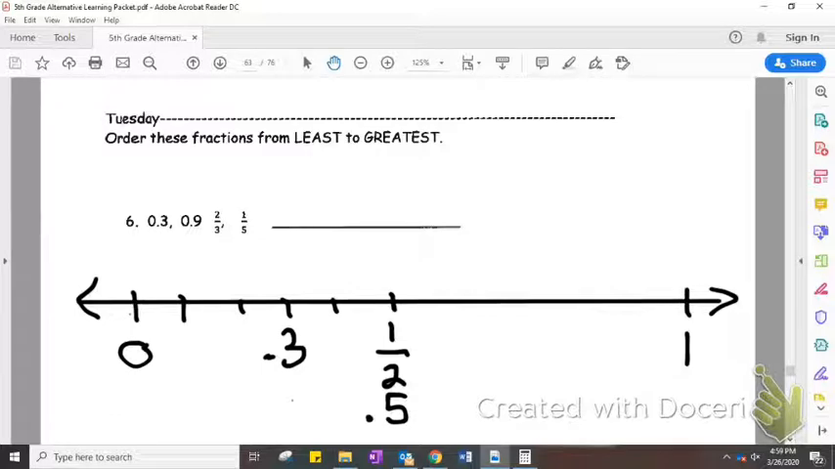So then I can keep counting. Let's see, 6/10, 7/10, 8/10, 9/10. So 9/10 would be about here. 9/10 is close to 1 whole. 3/10 is close to 5/10. All right, so now let's go to 2/3. Okay, so